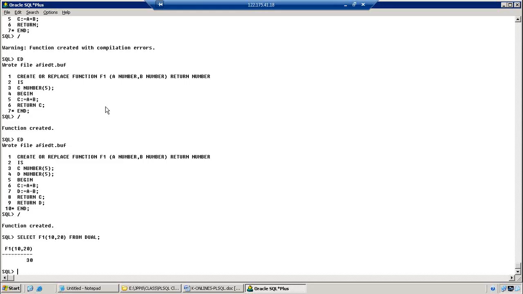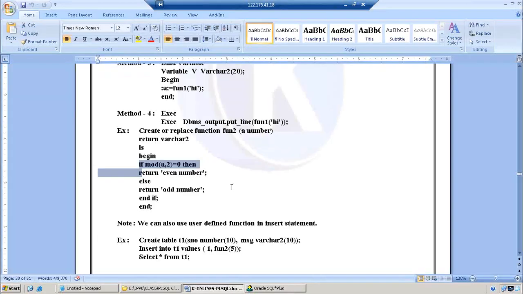Suppose I want to return multiple values. We don't have any option. We have only one option, that is called the out parameter. So already we discussed out parameter, right? While using out parameter, we can possibly return multiple values. Are you clear on this, all of you? What are the rules and regulations for this function? Okay. Then here